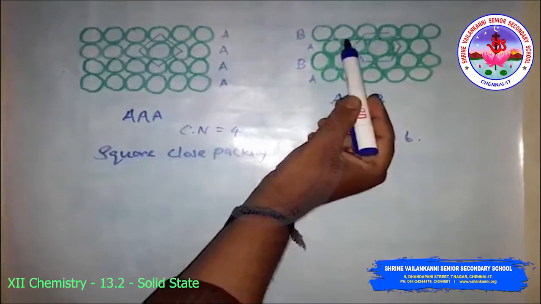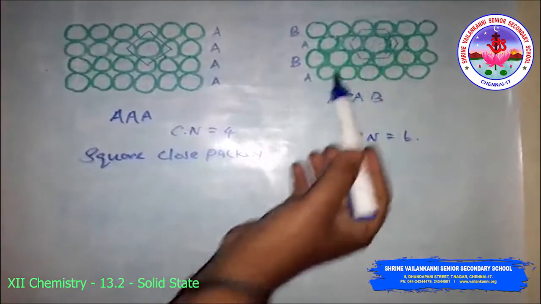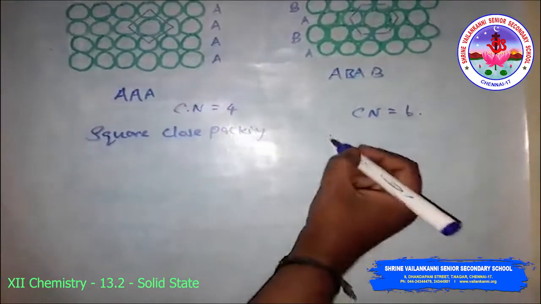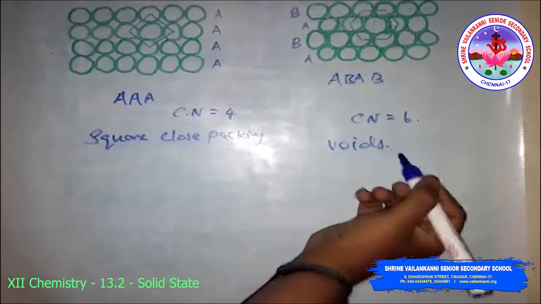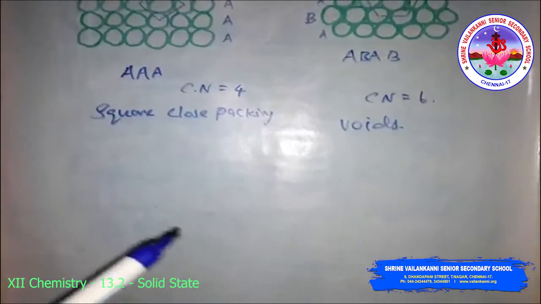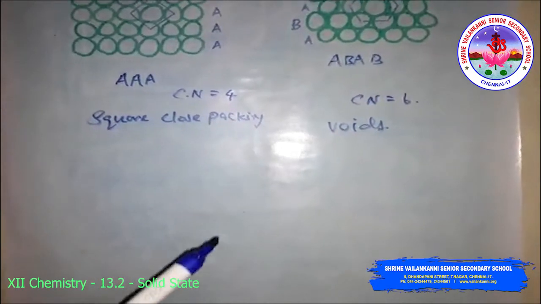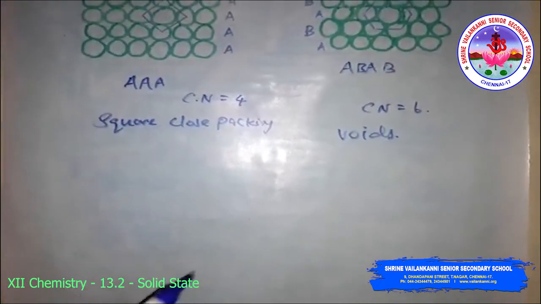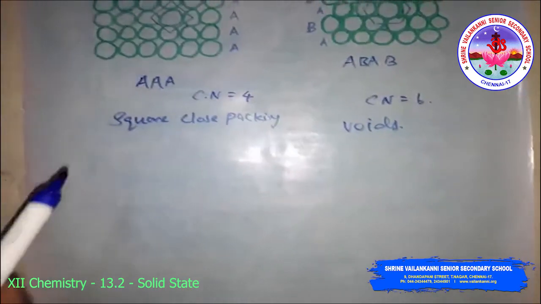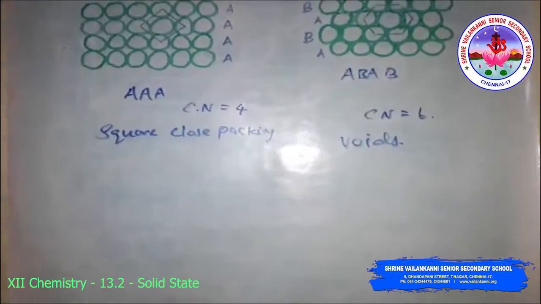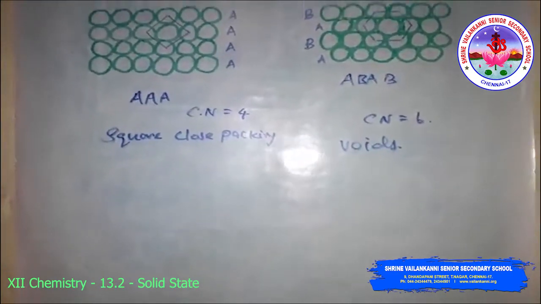Look at this, this is the empty space. So this empty space is called voids. These are triangular in shape. The triangular voids are of two different types. That is, in one row the apexes of the triangles are pointing upward and in the next row they are pointing downward. Then the close packing in three dimensions.